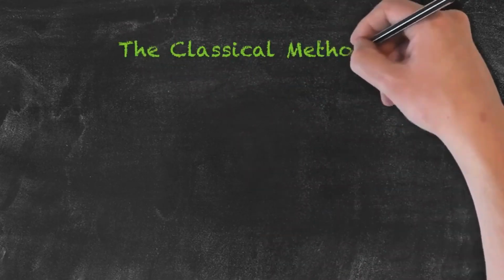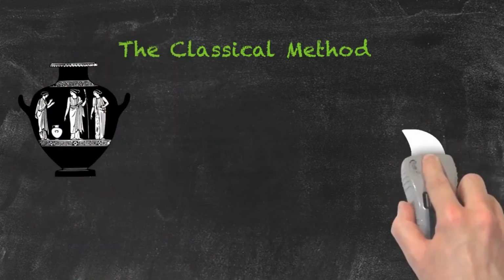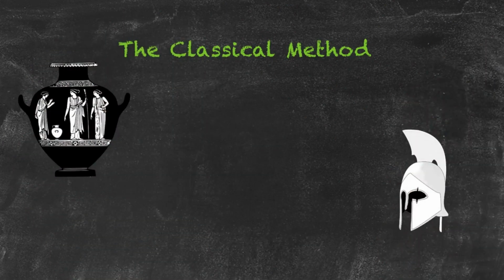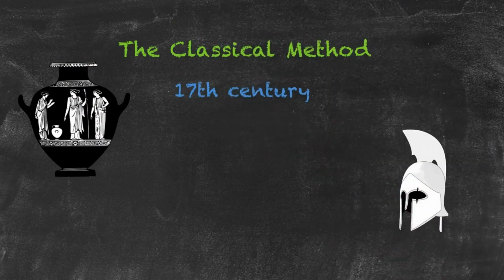The classical method was given its name basically because it was trying to teach the classics in language, which is ancient Greek and Latin. Those particular languages are now dead. This methodology was probably started somewhere around the 17th century. And the purpose of this particular methodology was for scholars to be able to translate old Greek and Latin texts